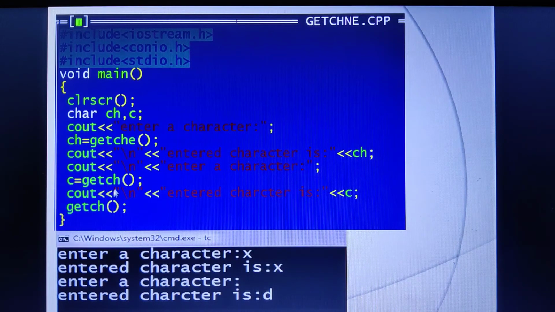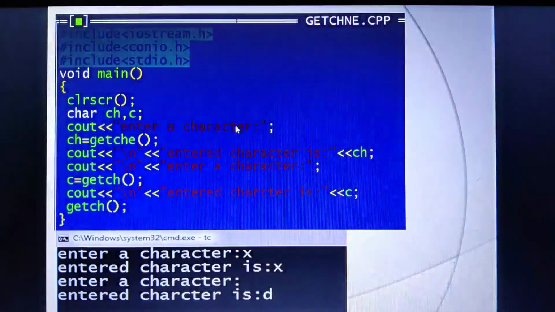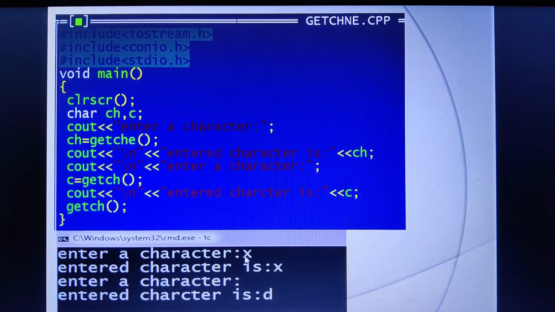Now what is the difference between getche and getch? getche echoes the character to the screen. See, when it asks to enter a character, I will enter x. When I enter x, immediately, without waiting for a fraction of a second, it will print "Entered character is x".